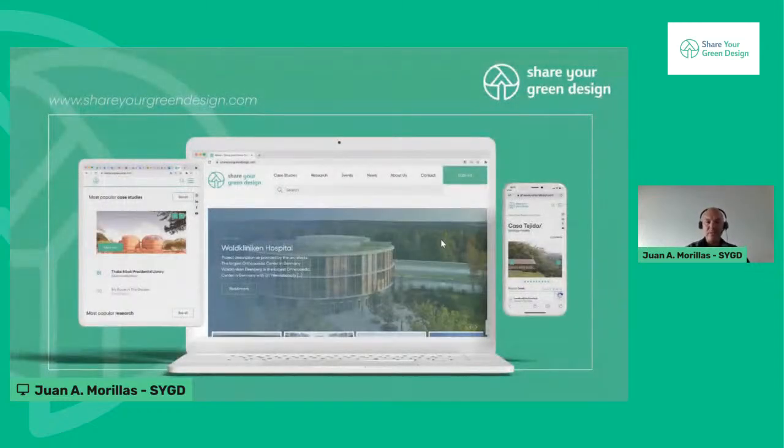So that's why we launched Zero Green Design, which started as a blog, let's say, and then it quickly became a website as we started bringing more collaborators into the team. And the main idea was we need to share sustainable projects, but we also need to share data, because to judge whether a building is sustainable or not, we think data helps a lot, because otherwise we would be just making claims that no one can